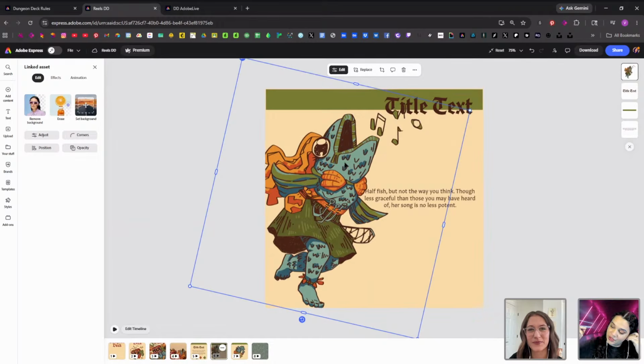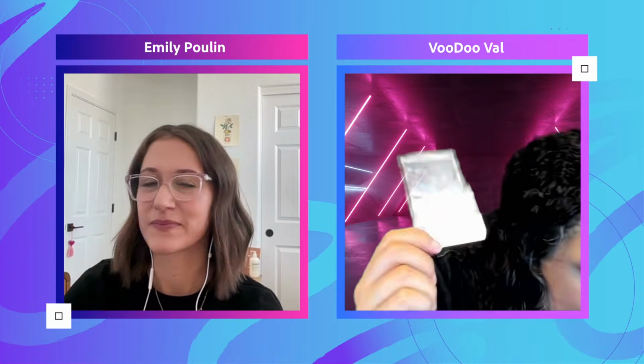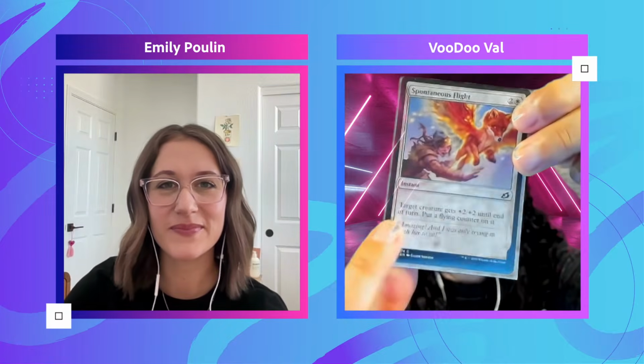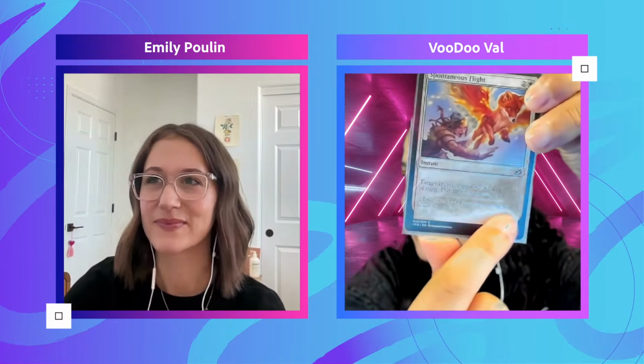So I play Magic, and this is my mean zombie deck. I don't know if you can full screen, because these are kind of tiny. But let me see, I have my God Eternal Oketra. She doesn't actually have flavor text on her, but let me find one. Okay, so this is flavor text. This is an instant card called Spontaneous Flight. It's adorable, there's a little fox on it. You can see it shows you what the card does, and then here in italics is a little bit of lore that is really cool about the card.